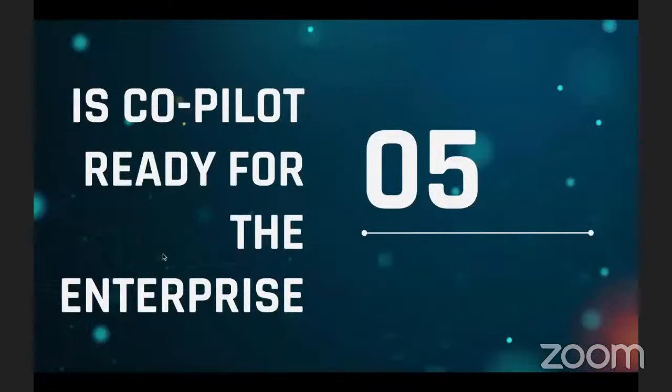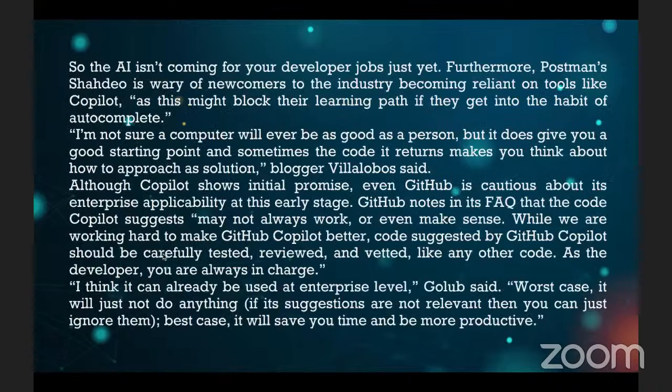And is Copilot ready for the enterprise? So the AI isn't coming for our developers' jobs yet. Not now, not in the next 5 years. But for now, our jobs are still okay. Furthermore, I'm not sure a computer will ever be as good as a person, but it does give